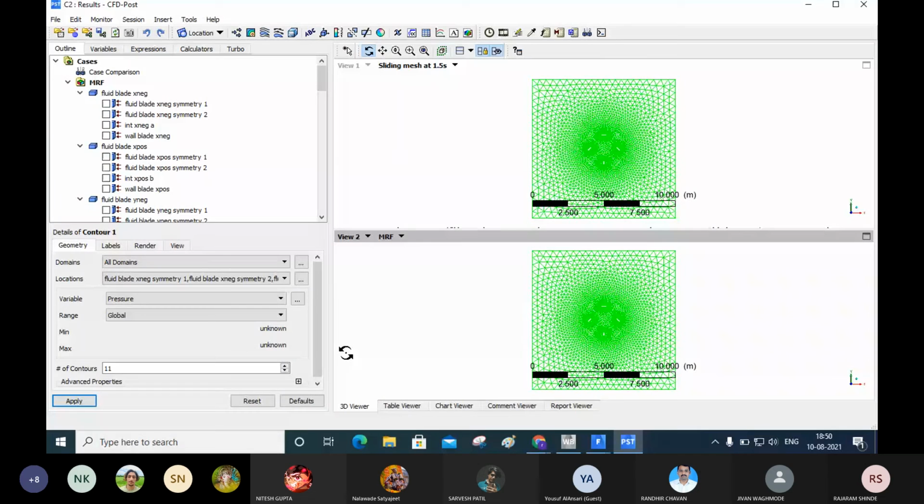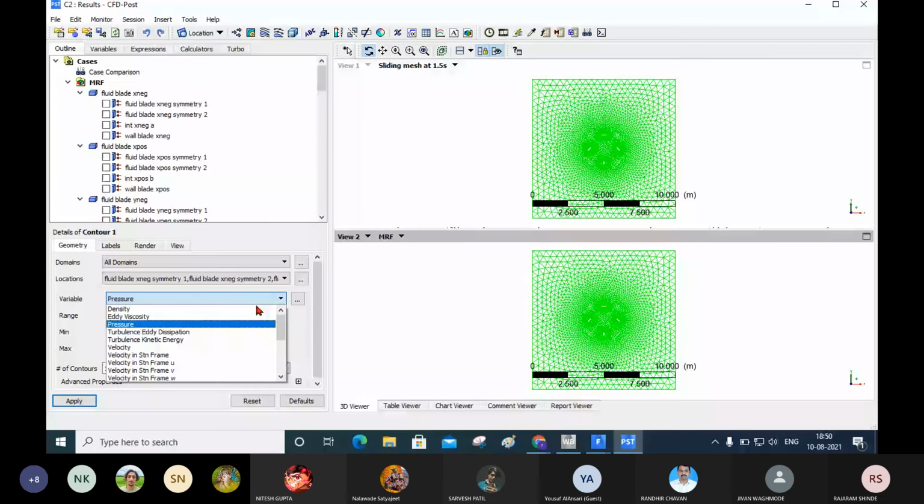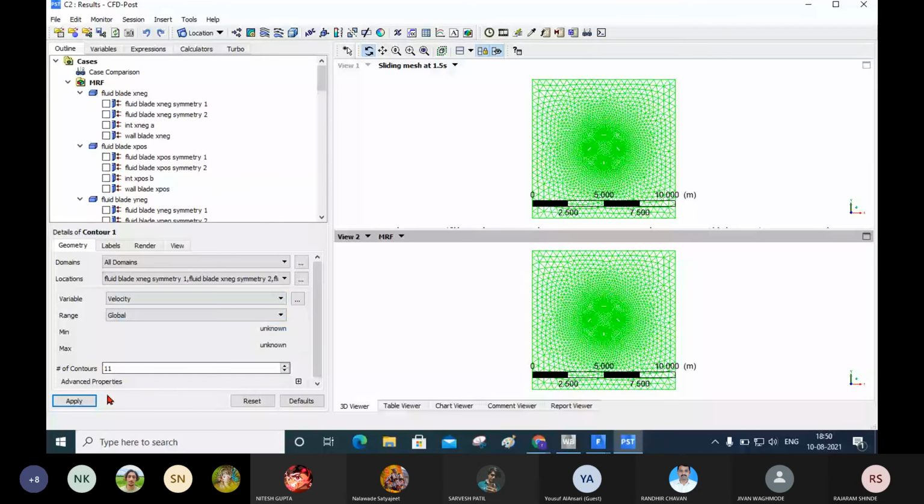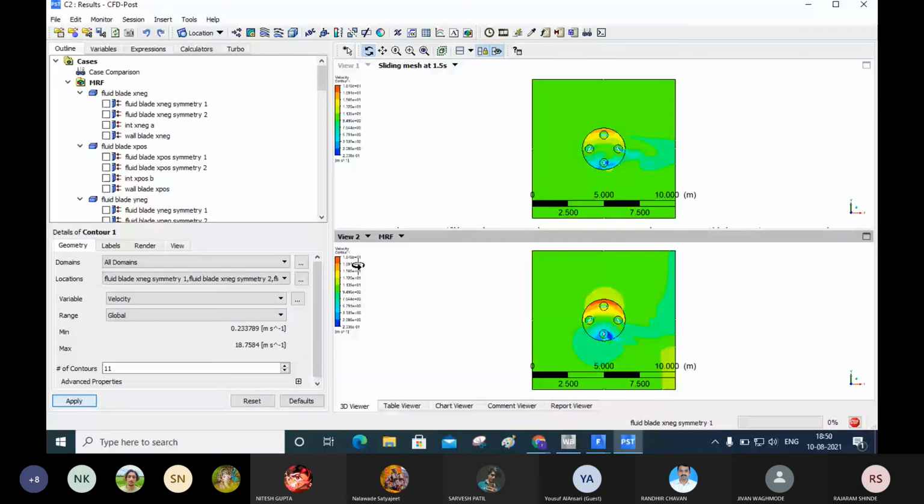Now you can see the variable, suppose velocity. Now click on the apply button. Now you can see how velocity is. Here there is a slight difference between your moving reference frame and sliding reference frame. This is your moving reference frame and this is your sliding reference frame.